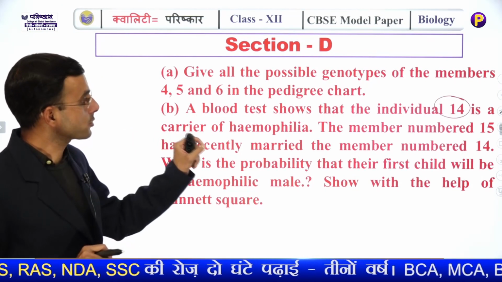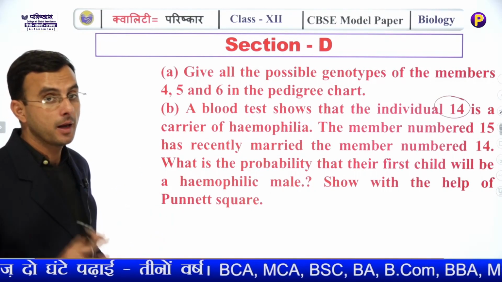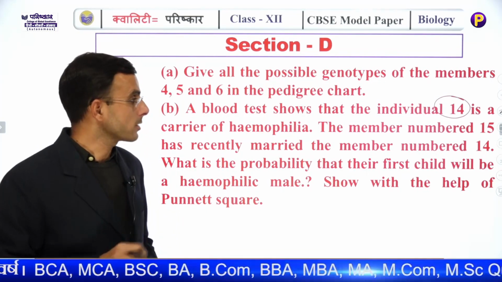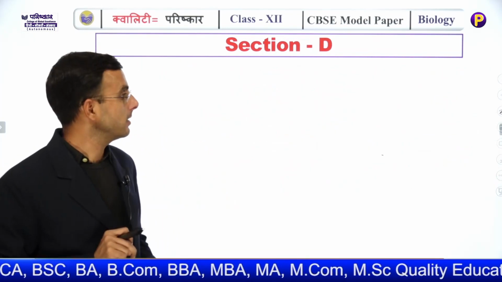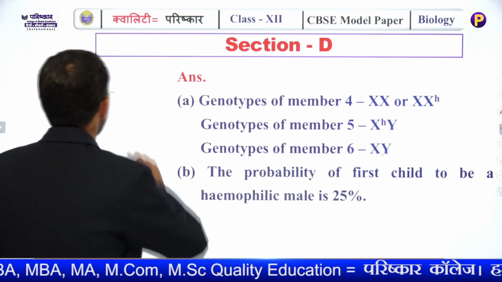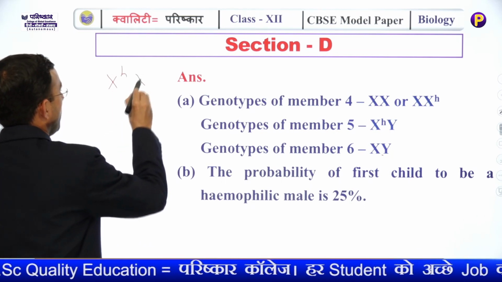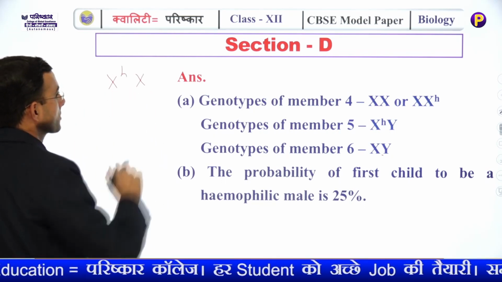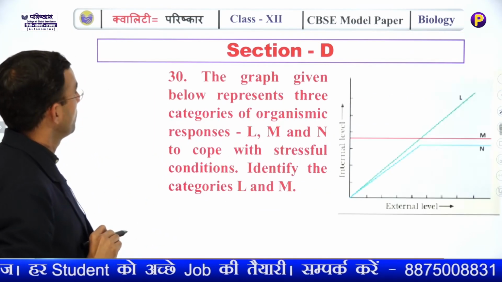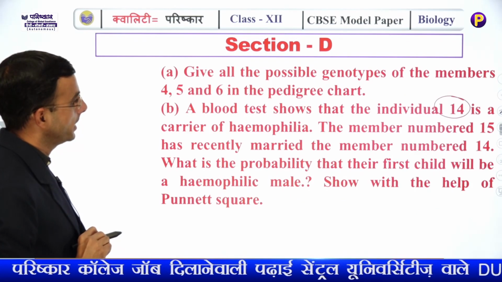A blood test shows that individual 14 is a carrier of hemophilia. That is because it is a sex-linked recessive disorder. So the female is working as a carrier. Female 14 is a carrier, and that female, having two X chromosomes, is marrying a person who is